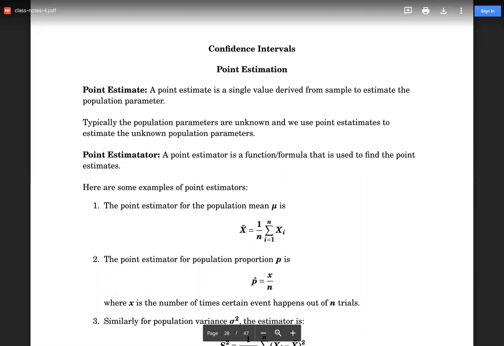All right. So the next topic is going to be about confidence interval. Before I give you the academic definition of everything, I'm just going to give you a very simple example, something that you can relate to. That way you will get a true understanding of the topic. So let's say I ask you to find the number of hours the students at Hartnell College study per week. Okay? If I ask you the question,